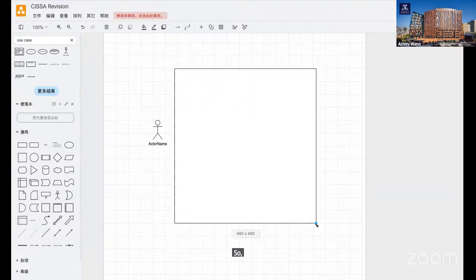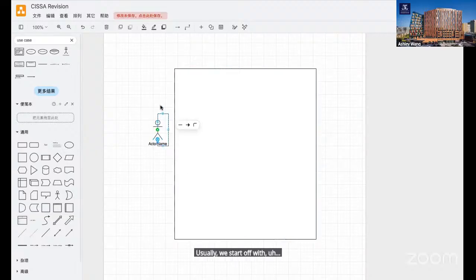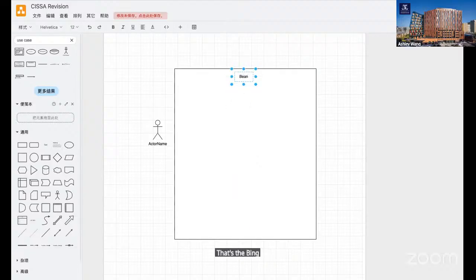So as we said, usually we start off with a big box. First thing I will do is write the system under discussion. That's the Bing app. And then here you will have your customer. That's your primary actor.